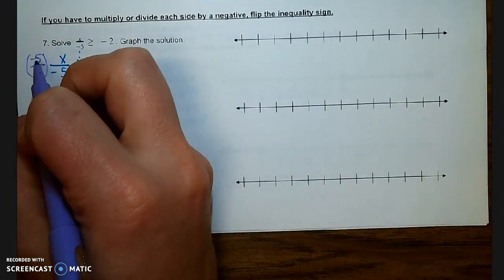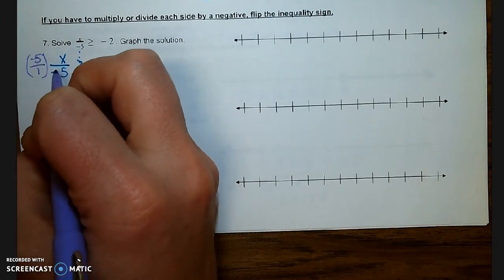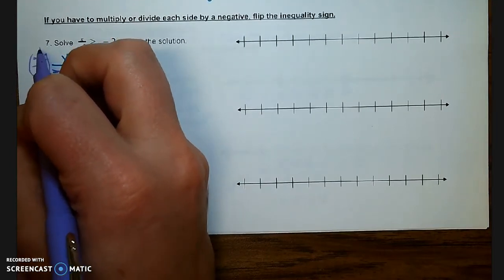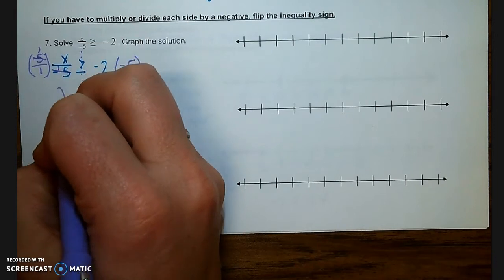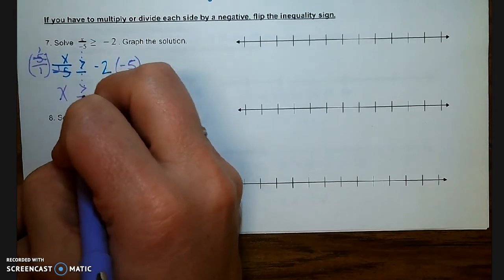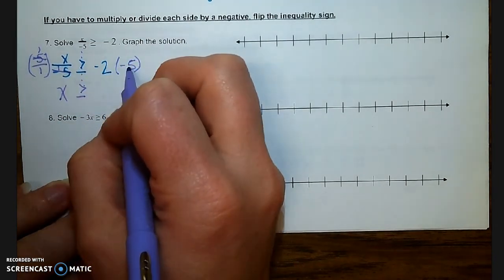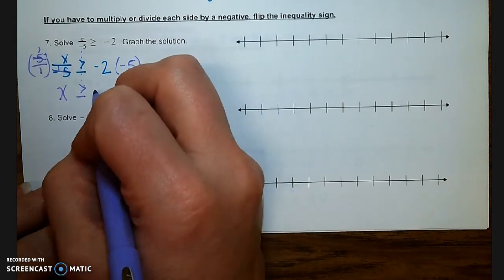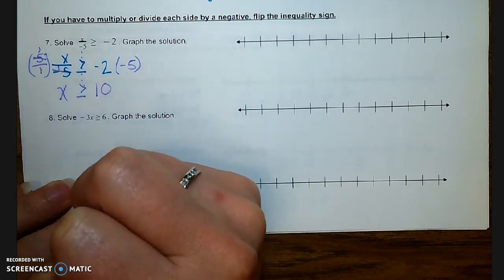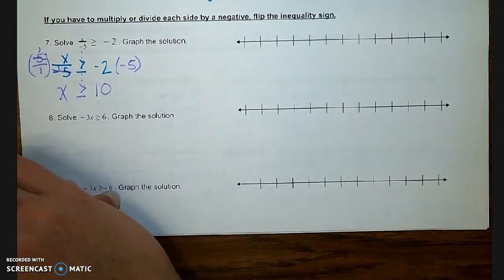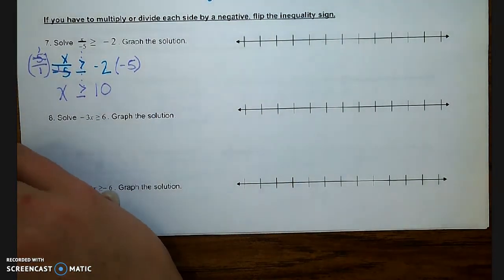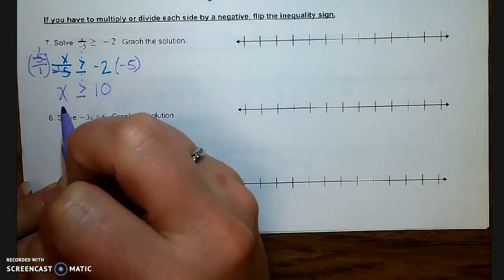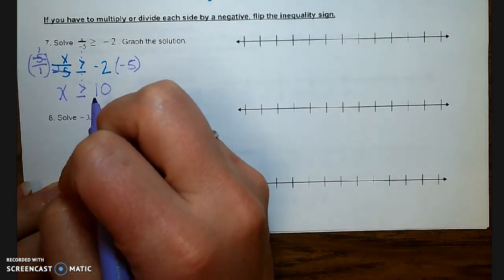So when I do this, my two negative 5s cancel each other out to 1s. And so I have the x there. And negative 2 times negative 5 is positive 10. And you're like, oh great, x is greater than or equal to 10. Here is the problem. If I go back and I sub in